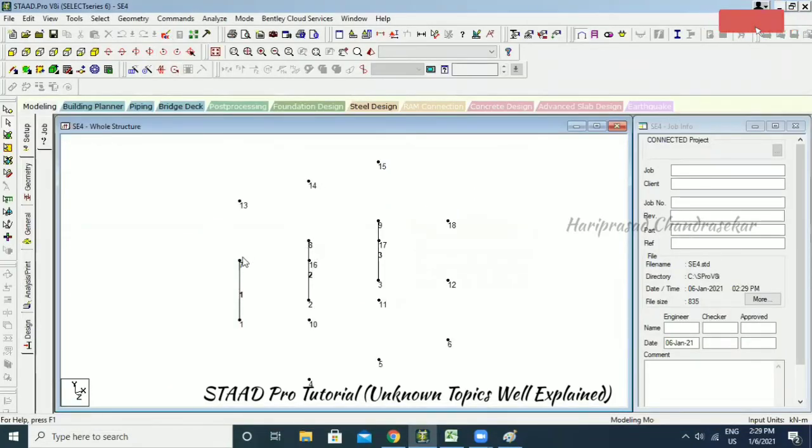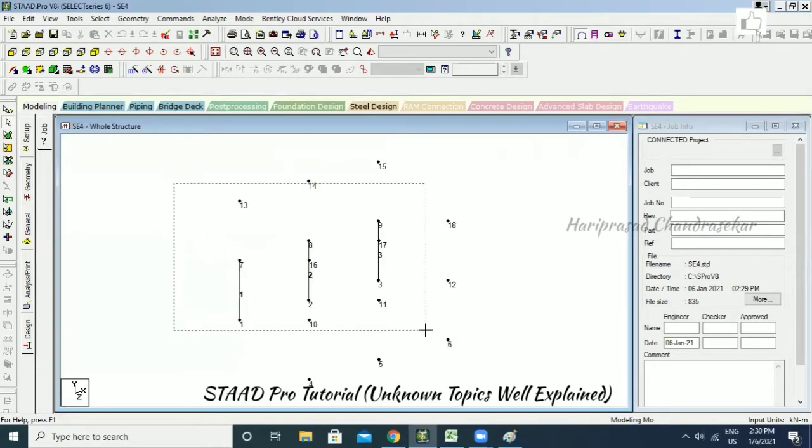Okay, now you know how to create members and nodes in the STAAD editor. I think it's enough. You can try like this. Now I'm going to use the graphical user interface. The one we used in the STAAD editor we can call the non-graphical user interface, because we are not using any cursor and we don't have any icons. That's why they call it the non-graphical user interface.